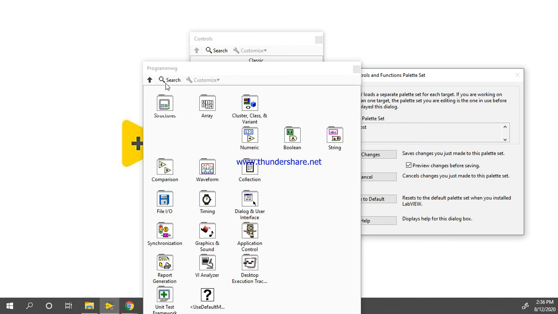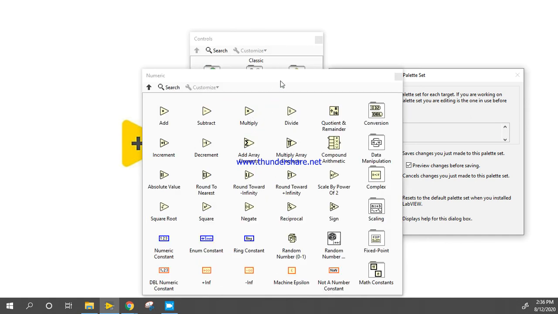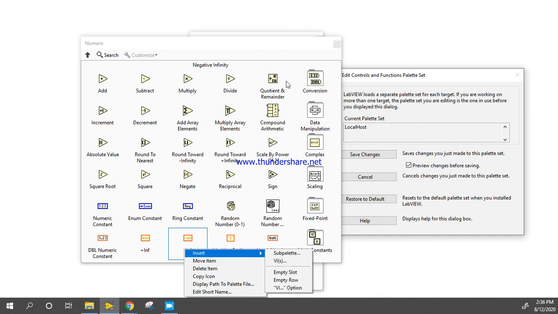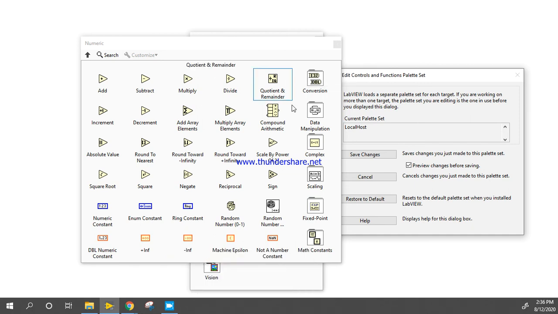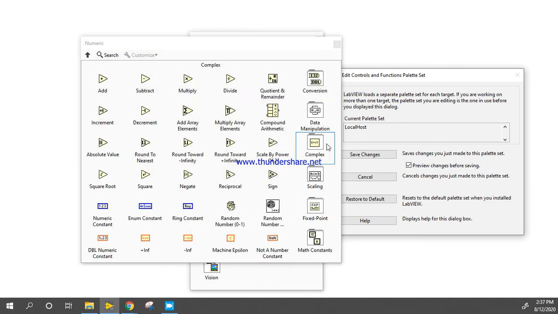So click on Programming. In this programming, this one is Numeric. Either I can add my functions here, or I can add my function inside Numeric. If I right click here, either here or in data manipulation, or complex, scaling, math constant.